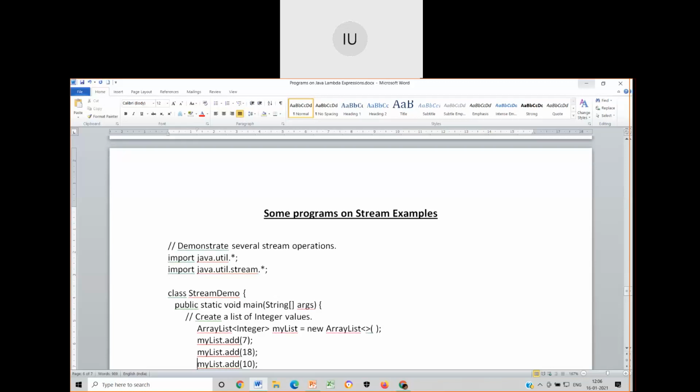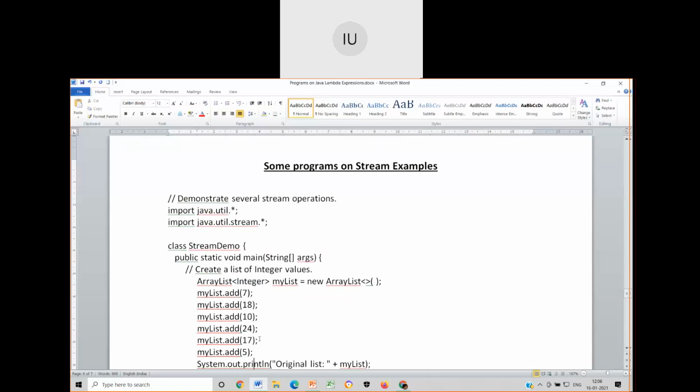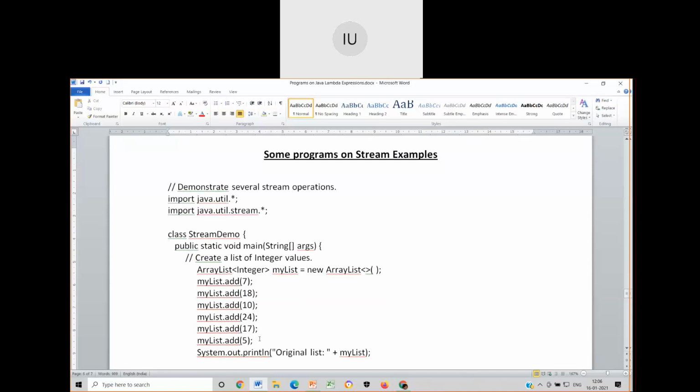Now what I've done is I have created a generic array list with integer as the parameter for the data type. In that, I have added some values using the add function. This is the original list. On this original list, I make this a stream. First of all, I want to store this as a stream so that the values that are available in that collection are intact.